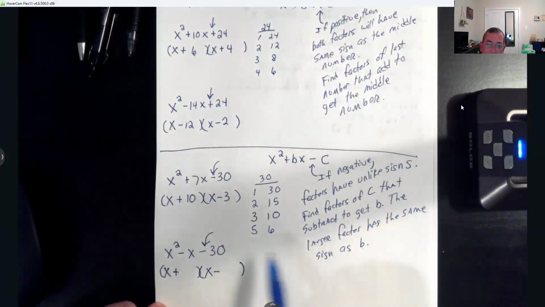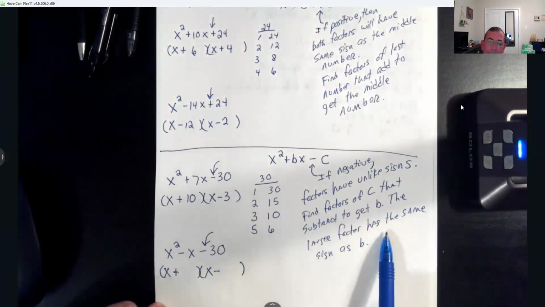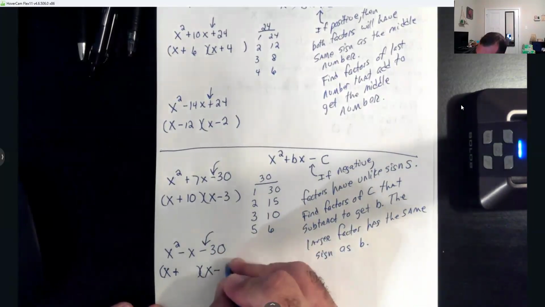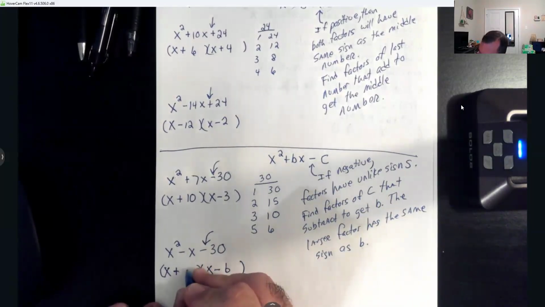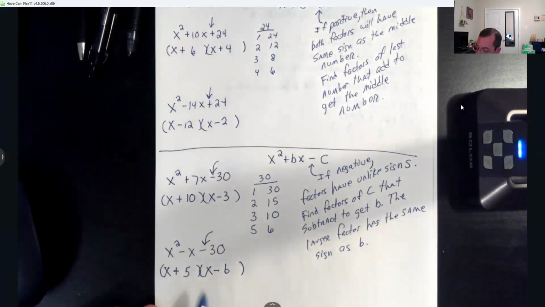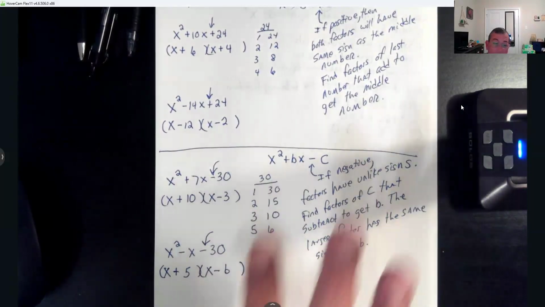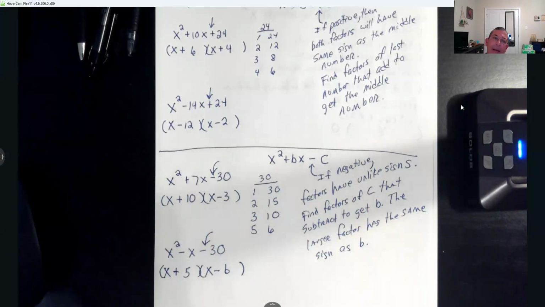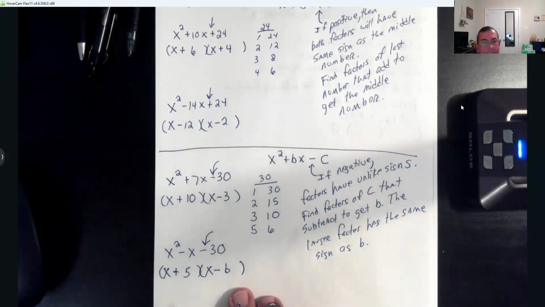And all we got to remember is, because 6 minus 5 is 1 like we got here, but remember the larger factor will be negative like the middle. So y'all, 6 is larger. 6 has to be negative and the 5 positive. Because now negative 6 and 5 equal negative 1. 5 times negative 6 is negative 30. So y'all, that's the stuff I follow when I factor, okay? I look at them signs to get me a little bit of a head start on them, okay? So knowing that,